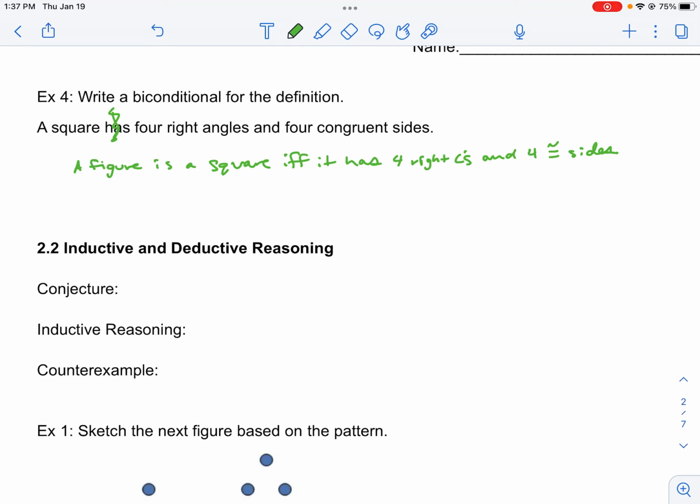It didn't ask me to figure out if the conditional and converse were true. They're already telling me they both are. I just needed to write the biconditional. So there's our beginning of conditional statements. We'll be using those for a while. And like I said, throughout the rest of the year, or the rest of our time together, you will notice that your theorems and all of that kind of stuff are in conditional statements. So just giving you a heads up, we can discuss this further in